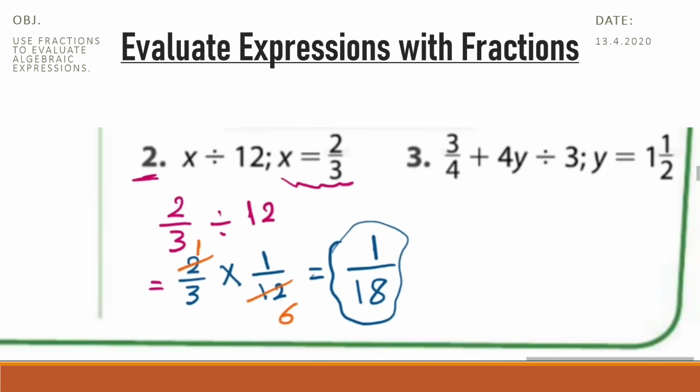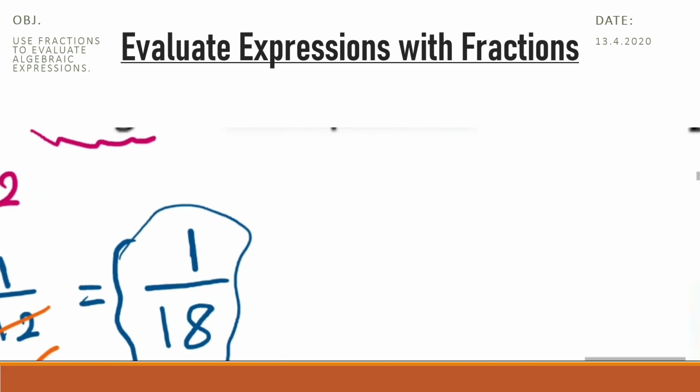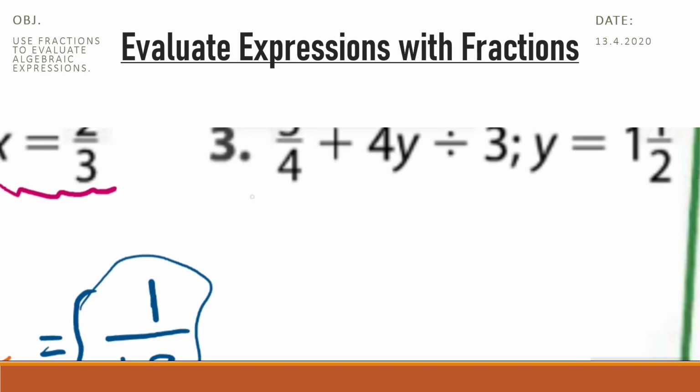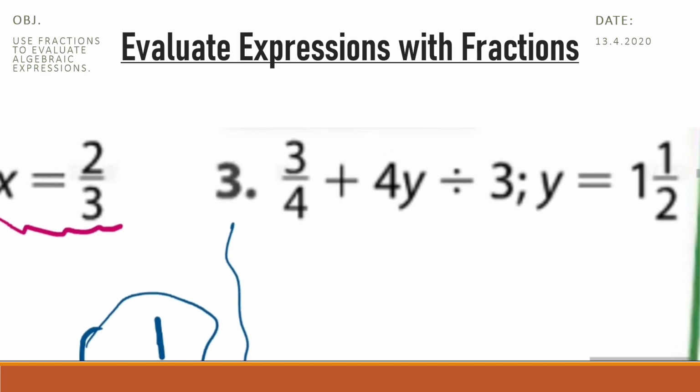Let's solve number 3 the same way. We have here 3/4 plus 4y divided by 3. And we have the value of y is 1 1/2. Okay. Let's first substitute 1 1/2 for y. 3/4 plus 4 multiplied by 1 1/2